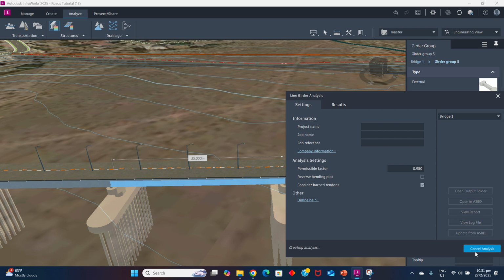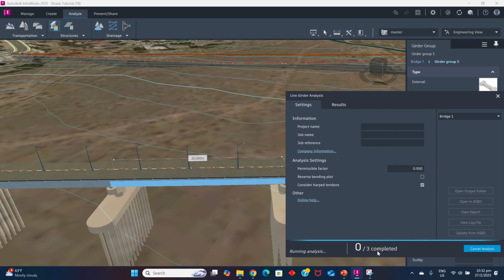You can see here, here is cancel analysis and here is creating analysis. This is very good software in terms of analysis and other things. You can do a lot of simulation, a lot of analysis in just 1 or 1.5 minutes. So like profile optimization and other things, you can see here, this is running analysis and this is 0 to 3,